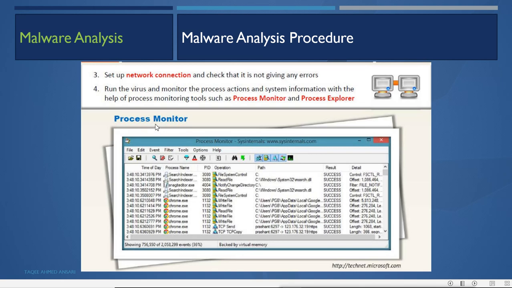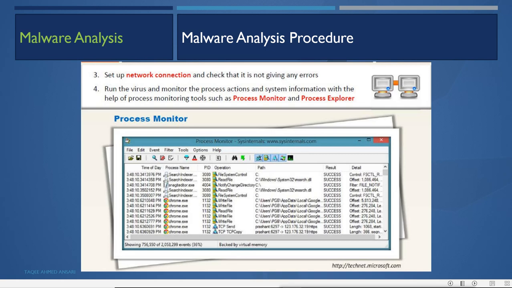When we run the malware, we can check what happens to the system. We can set up the network connection and check that it is not giving any error. When you are running the malware, you will check this, then we will run the virus and monitor the process actions and system information with the help of process monitoring tools such as Process Monitor and Process Explorer.